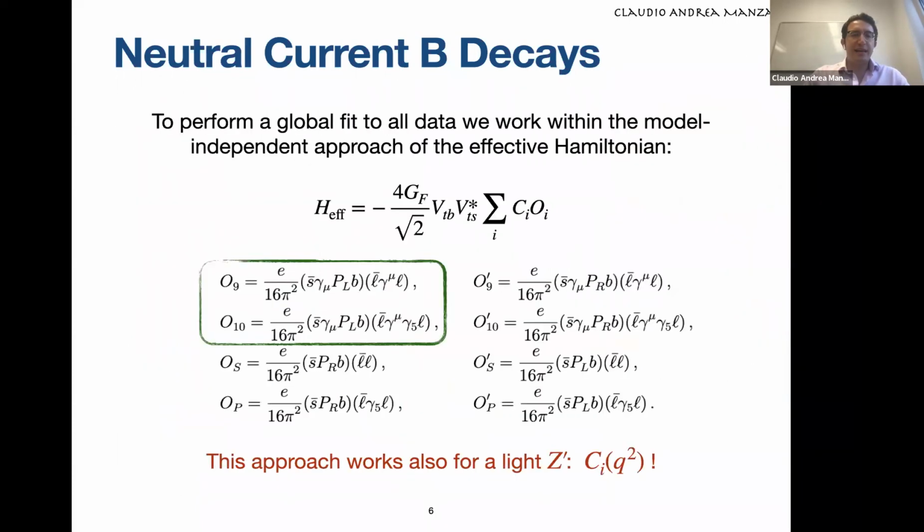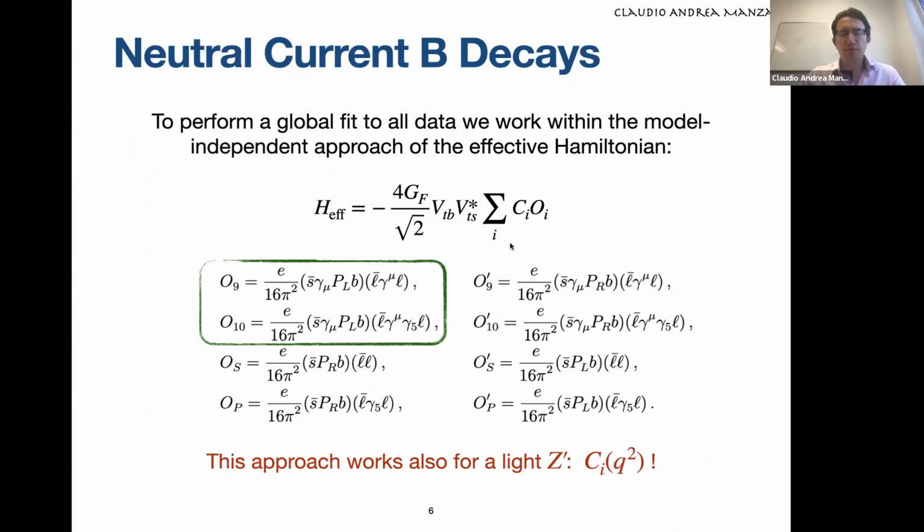It is clear that we have many observables, we have a huge set of data, and to properly assess the presence or the absence of new physics in these measurements, we need to perform a global fit to data. And this is usually done within the model-independent approach of effective field theories. So one defines the effective Hamiltonian as you can see here, integrating out all heavy degrees of freedom up to the